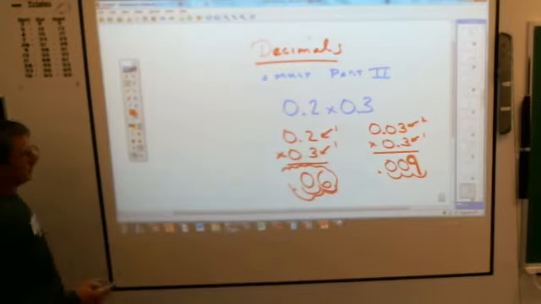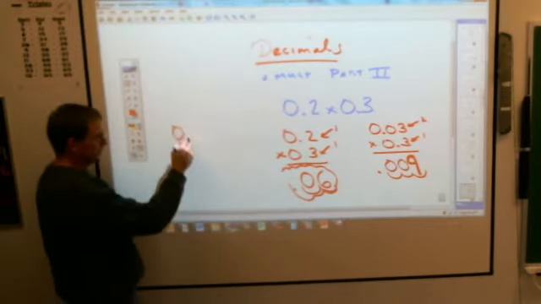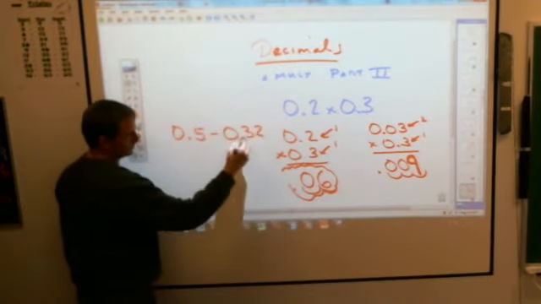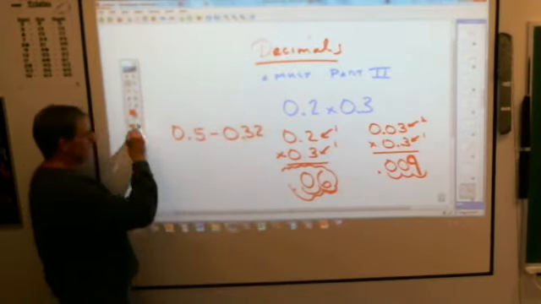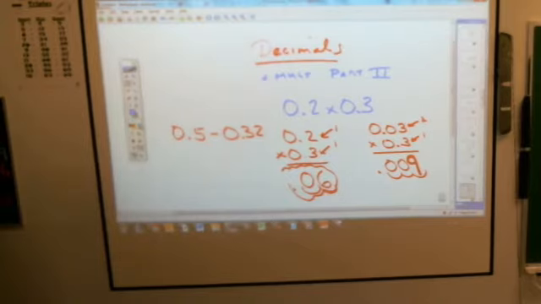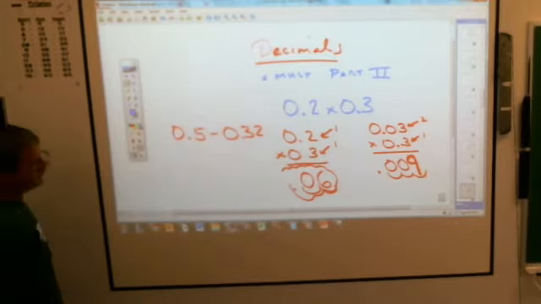Please also understand this. Write down this problem, 0.5 minus 0.32. It's pretty easy to look at that and get a little confused, but what you must remember, children, is that with subtraction you are not allowed to change the order of a subtraction problem. A lot of times I see people put the 32 on top, and you can't do that. You don't need to do that because